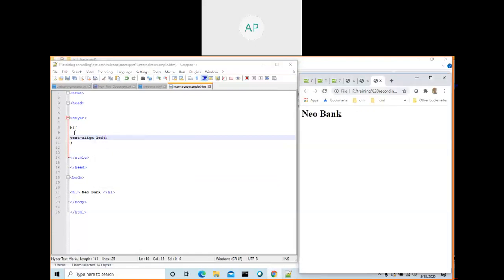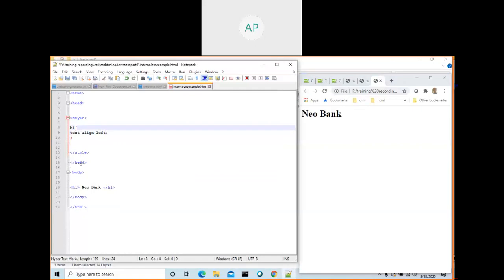Before, we applied this one as inline style equal to. Now we moved this inside the style tag. So now if you write one paragraph, Control C, we are applying style using the internal CSS way.